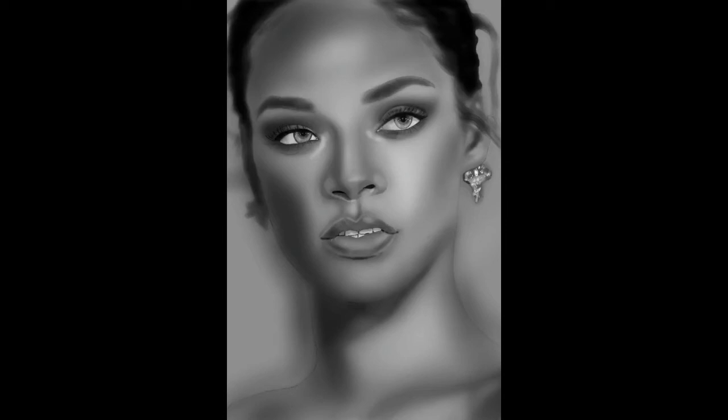So if you're drawing on the iPad, especially the iPad Pro, I'm sure you can do it with all iPads, but you can just open up the picture on the side and use that as a reference photo and zoom in. That's what I was doing for the rest of the video. So tracing gives you a little step up, but you really got to know what you're doing at the end of the day. So yeah,